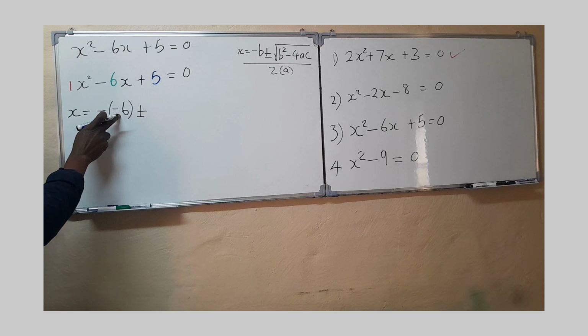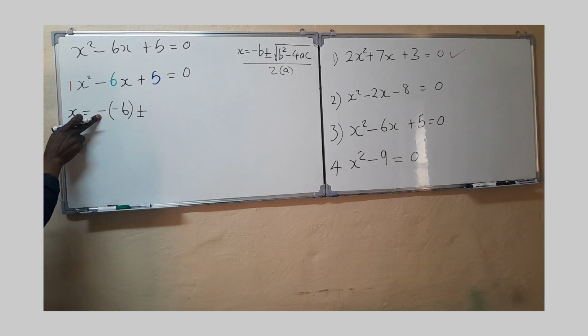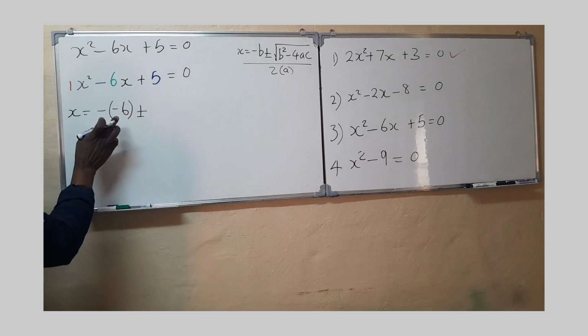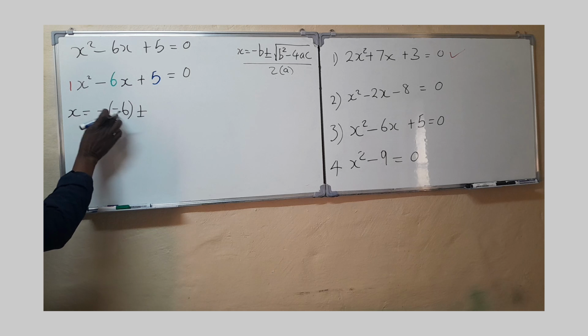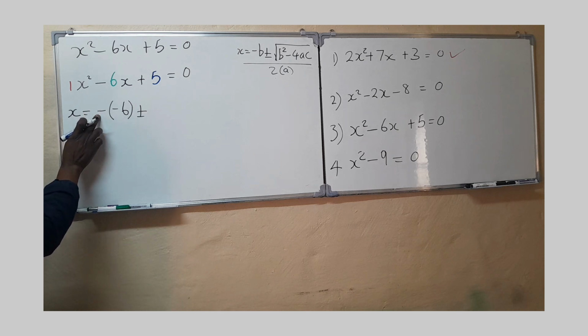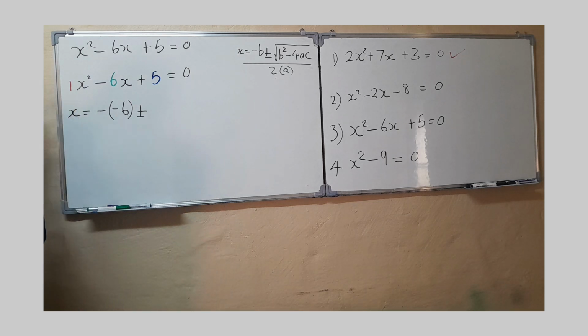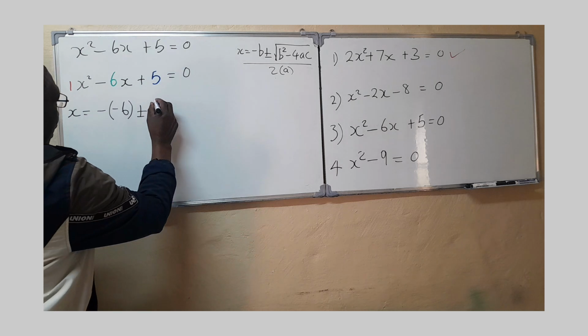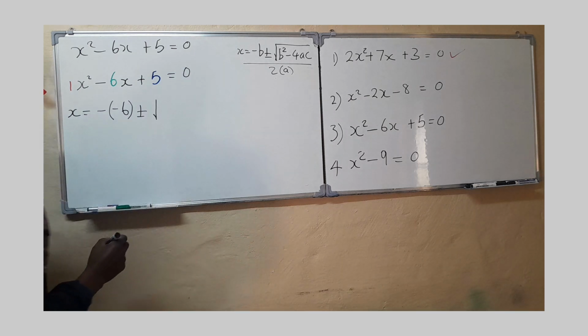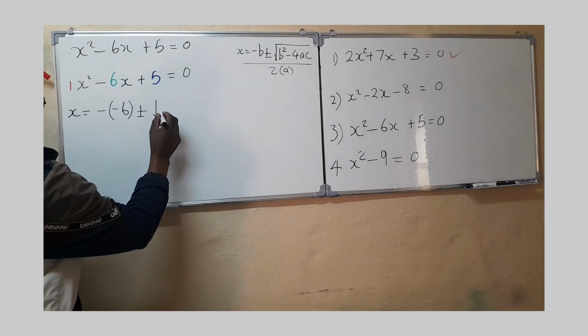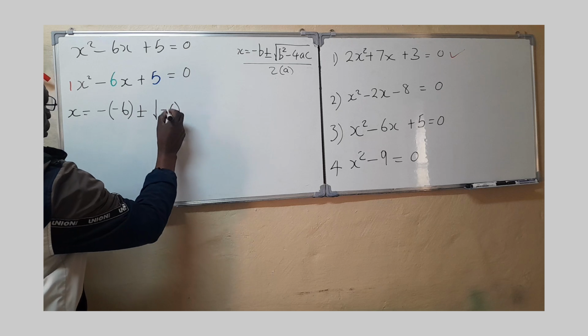b is minus 6, but the formula says we must attach a negative sign to the b. So it is already a minus 6, but we still have to attach the minus 6 down here, on this side. So then it comes here and says b squared, which is minus 6 squared,